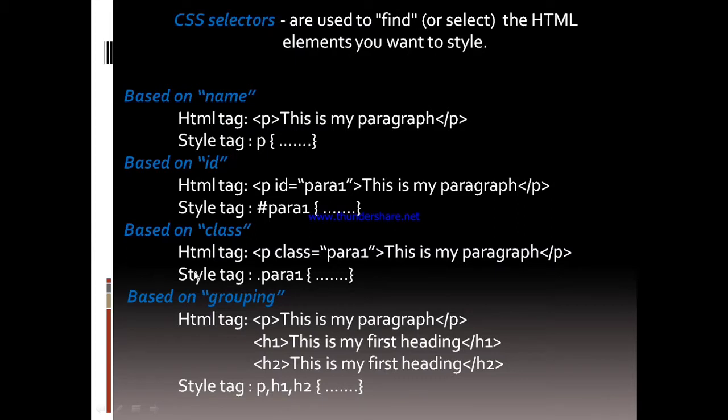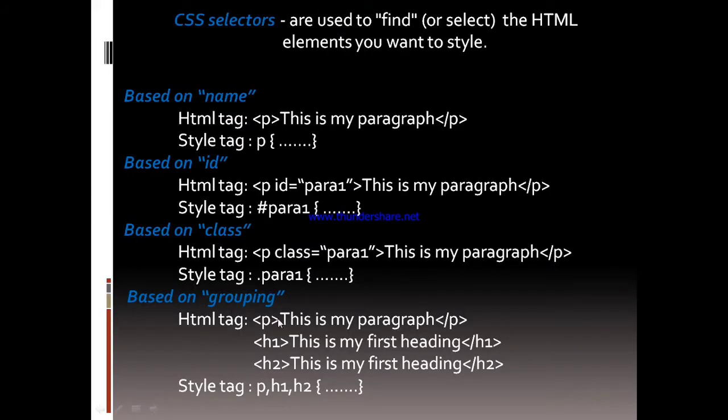Based on ID, we create an ID for our element and use that ID as a reference to give our styles. The third one is class. Instead of creating an ID, we can create our own class attribute and use it to create our style sheets. The last is based on grouping.